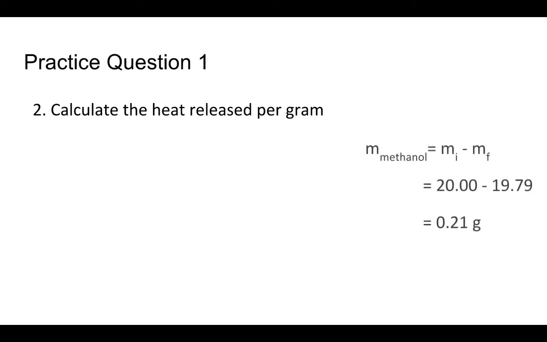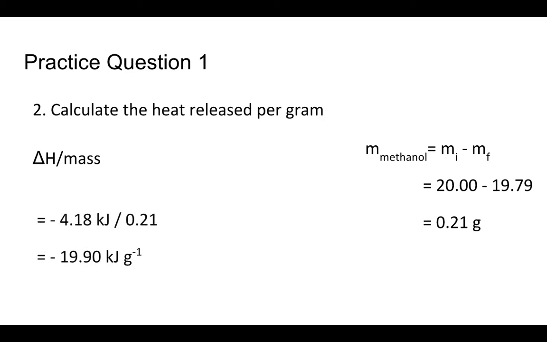Then we need to calculate the heat released per gram. If we look at our data, the change in methanol mass can be calculated using the initial minus the final, where the initial will always be greater than the final mass. So 20 minus 19.79 gives us a total mass of 0.21 grams combusted. What we want to do is divide the change in enthalpy by the mass that was combusted. So it's as simple as negative 4.18 divided by 0.21, which gives us negative 19.90 kilojoules